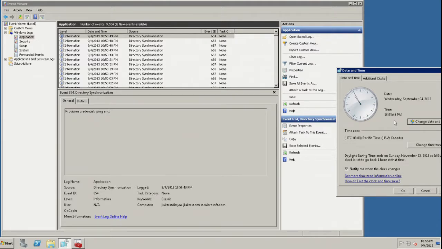But it does use LDAP to talk to the Active Directory server on premise. So it needs to be on the same